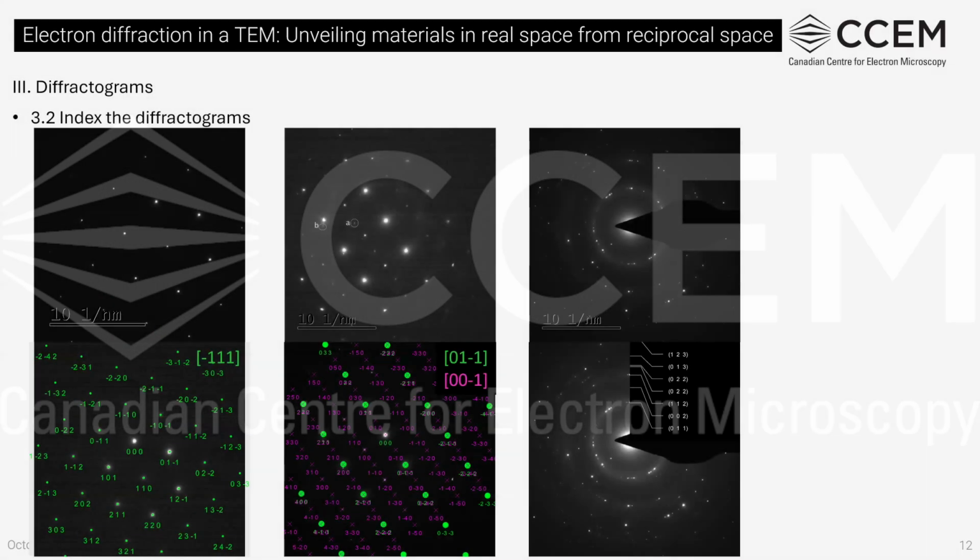So we covered 3 scenarios: 1 set of diffraction spots, multiple sets of diffraction spots, and discrete rings. If you extend the usage of those 3 scenarios, you can index most of the possible diffractograms you are going to meet.